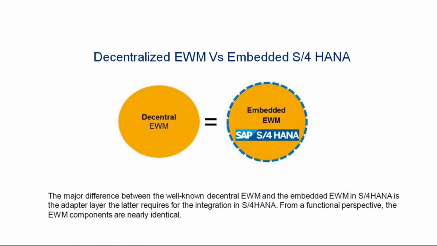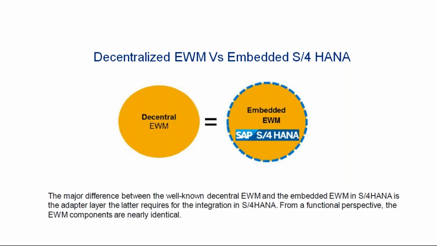Now, for example, if you don't want to use the SCM server altogether, but you want to use only EWM in one instance of S4, you can still use that as a decentralized system. Within S4, you can use EWM as a decentralized system. So again, as I said, that depends on how you want to implement. What is the deployment option that you want to consider? There are so many factors that we need to consider.